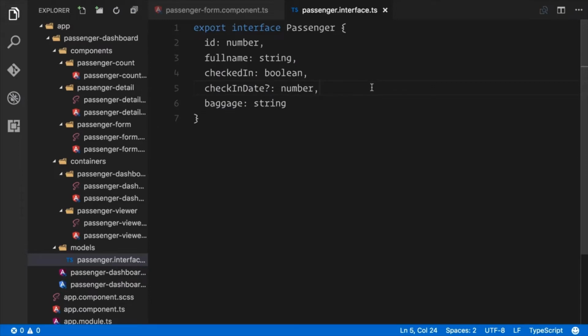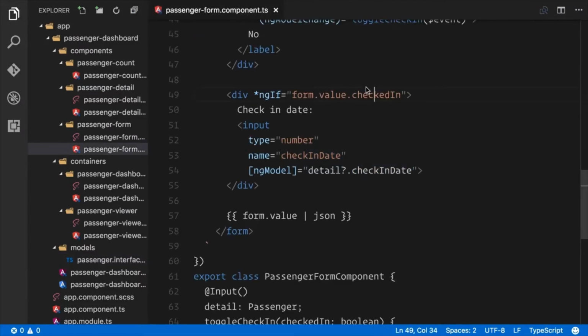Because we're using a template driven form and the way that Angular works, it will not actually set the null value. So what we're going to do instead is just make this an optional property on the passenger object. Now that we've created this, we are checking if the passenger has just been checked in. We're creating the words checked in date. We're creating a type number,